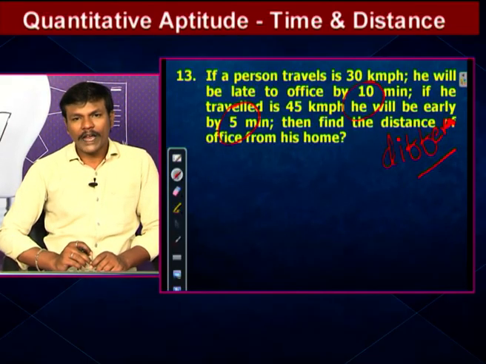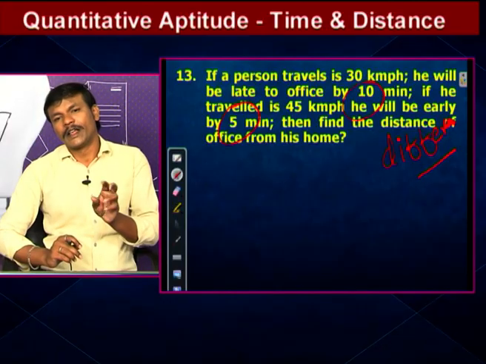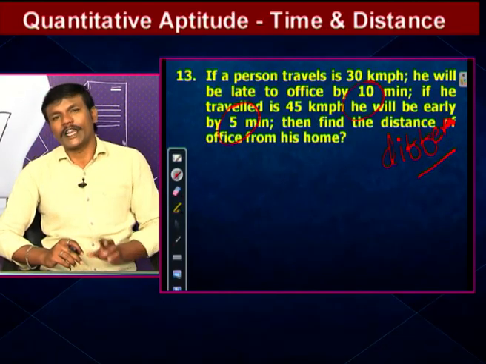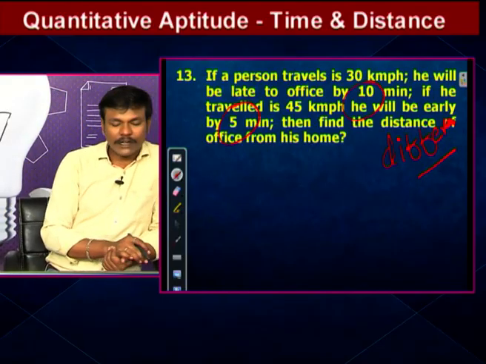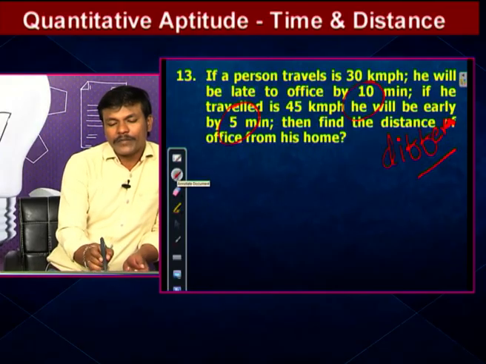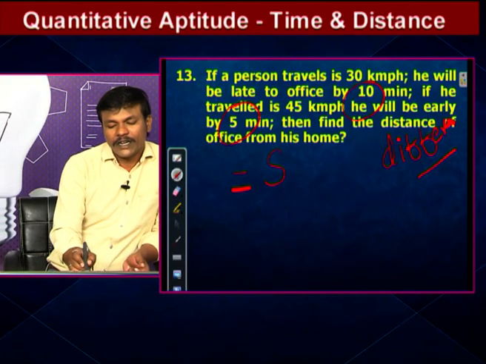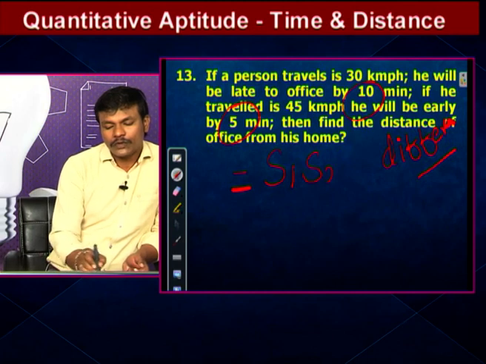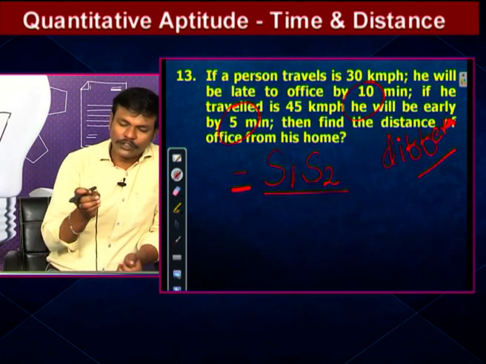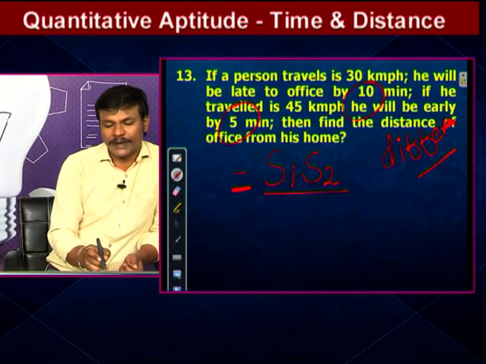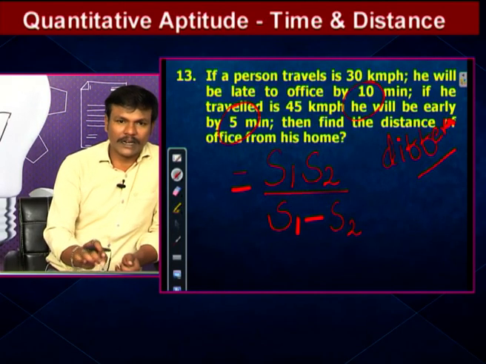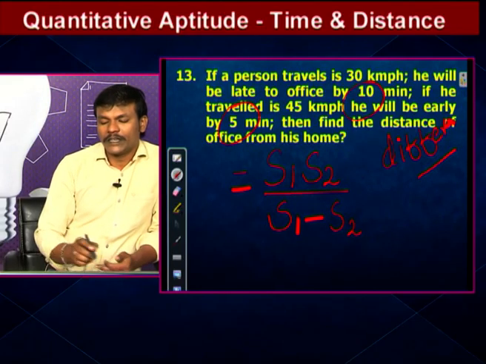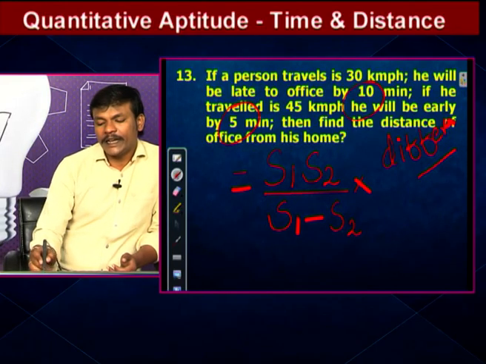In the before problem we have the sum of the time, 5 hours. In this problem we have the difference of the time. Late or early, consider as difference. So when we have the difference of the time, the simple formula will be two speeds S1 S2 by the difference. So the denominator is taken as the difference of the speeds, S1 minus S2. That means the greatest speed will be S1, into the difference of time, TD.